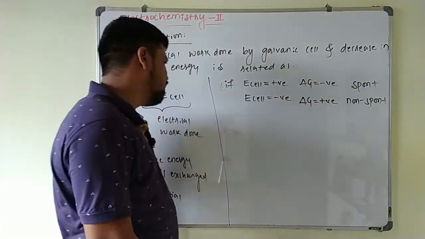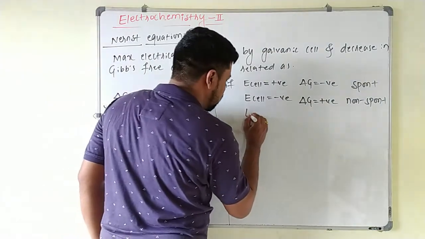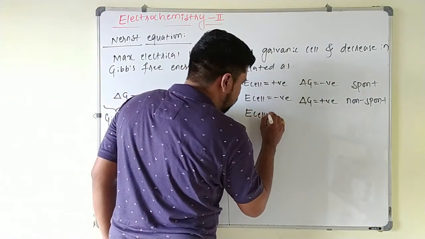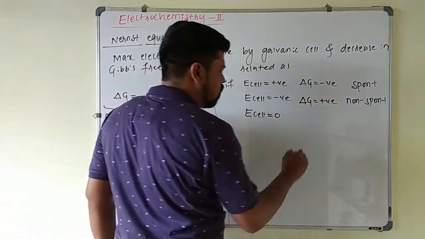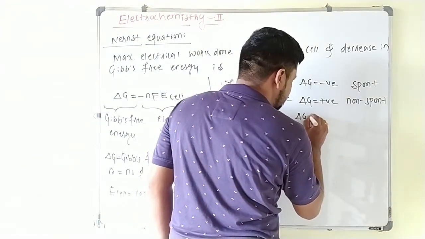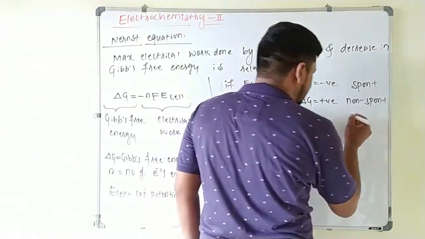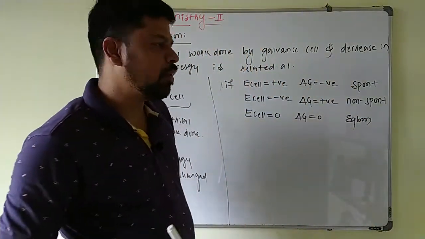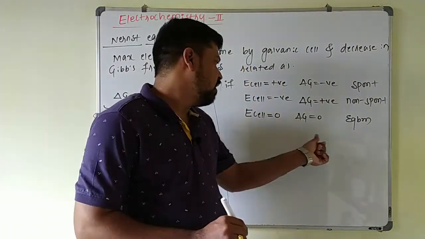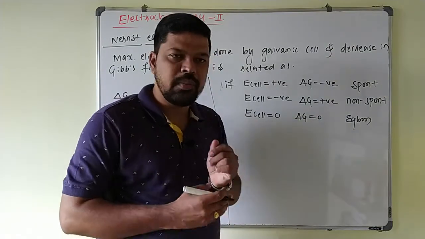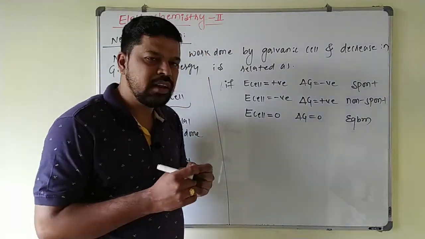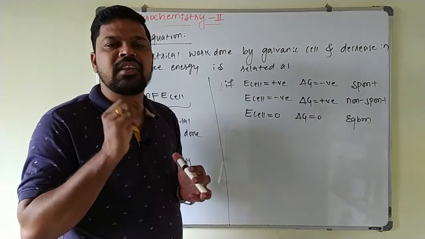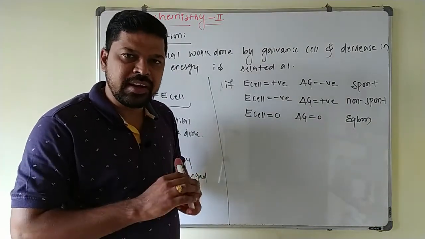Non-spontaneous. Another possibility is if E cell is equal to 0, cell potential is equal to 0, then Gibbs free energy value also becomes 0. Then the process will be at equilibrium. Always keep in mind, at equilibrium condition, delta G is equal to 0 and cell potential will be equal to 0. Already we know that if all the reacting species are at unit concentration at 298 Kelvin, then